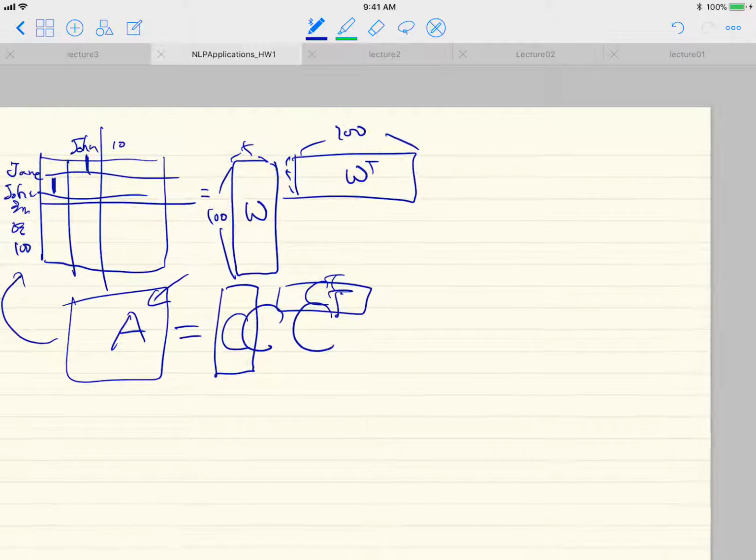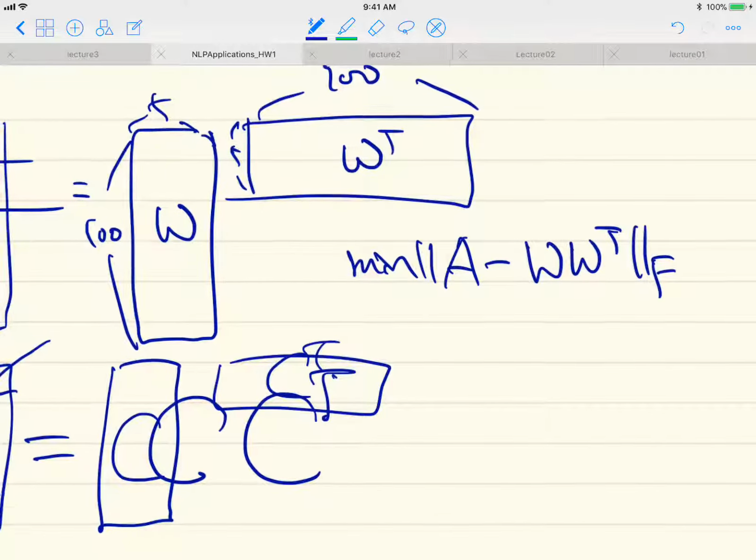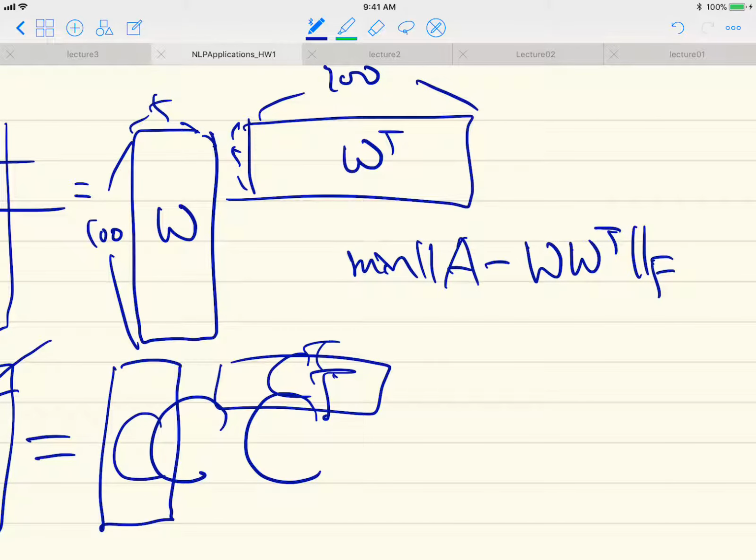So in this case, given matrix A and A minus W transpose and F, this one will be minimized. Okay, so in this case, can we use the block coordinate descent here? Can we treat this one as a constant but not on this one? It is not possible because they are the same variable, and this has inherently the same problem as the case